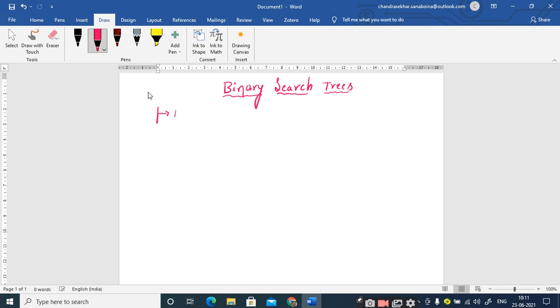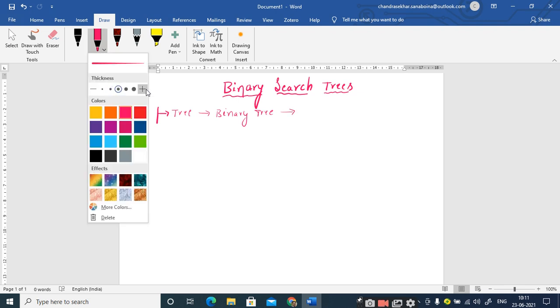Right. So it is a binary tree. First of all, it is a tree, and then we have the binary tree. Right. And so a binary tree in which the search operation is efficient. So binary search trees have been implemented so that they want to make the search operations in binary trees very efficient, right? Efficient than the linked list, efficient than the ordered arrays, right?